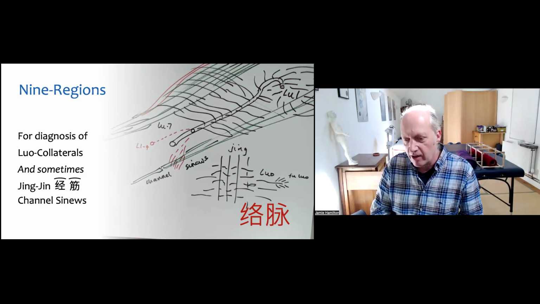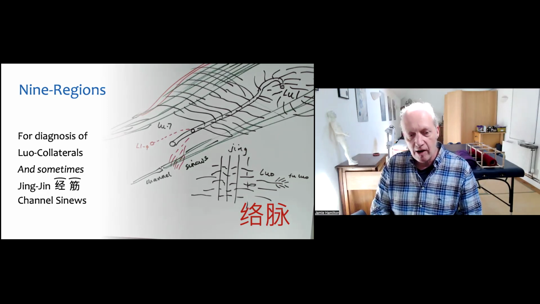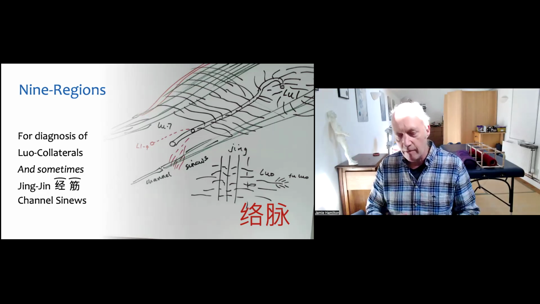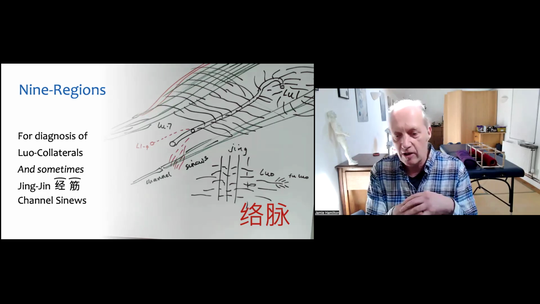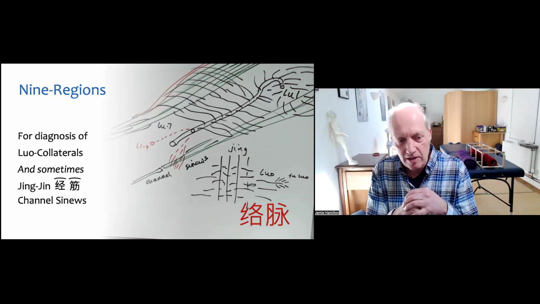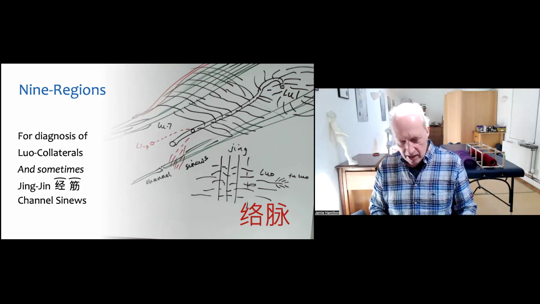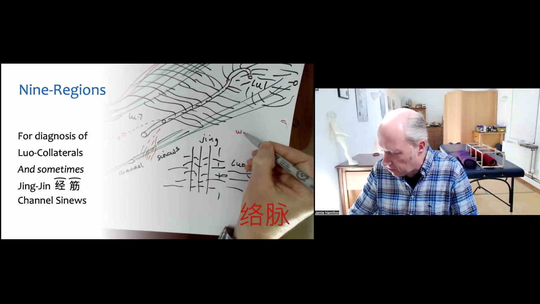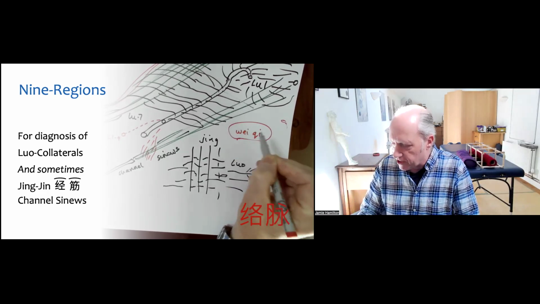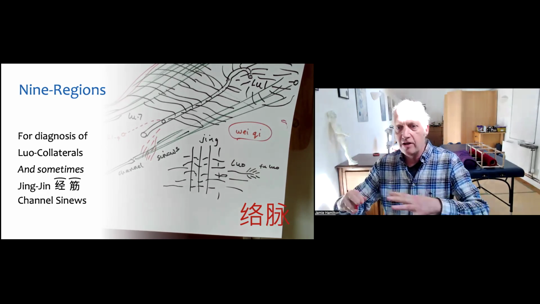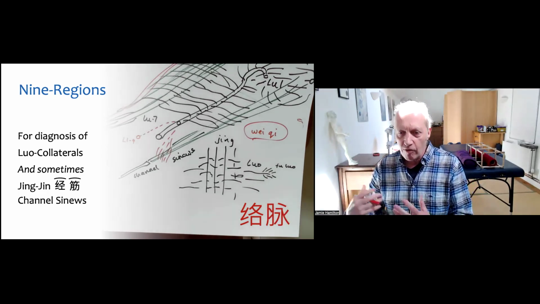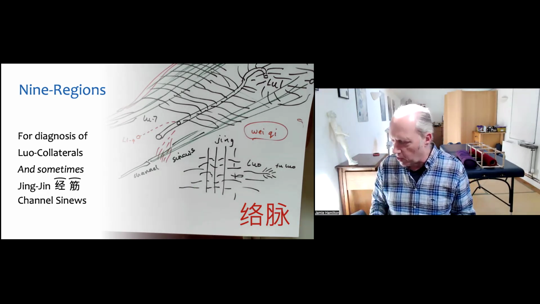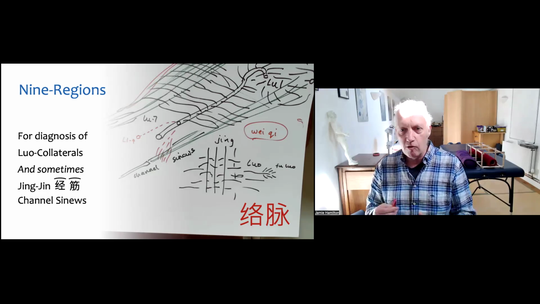The writer William Morris, who I think spearheaded this way of thinking to do with diagnosis in the contemporary time, just like in the last 10 years, thinks that this is basically for the channel sinews. He says that this is like Wei Qi and a Wei Qi disturbance, so a very external disturbance that's manifesting on the pulse in the way I'm going to show you. So he thinks it's for the channel sinews. I think it's the Luo. I'd be happy for you to explore either of these.